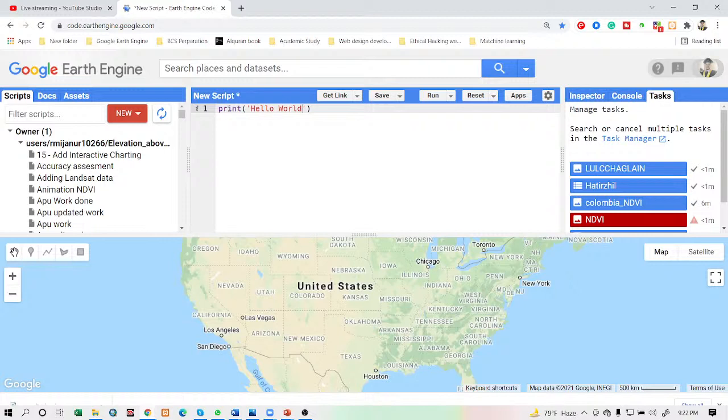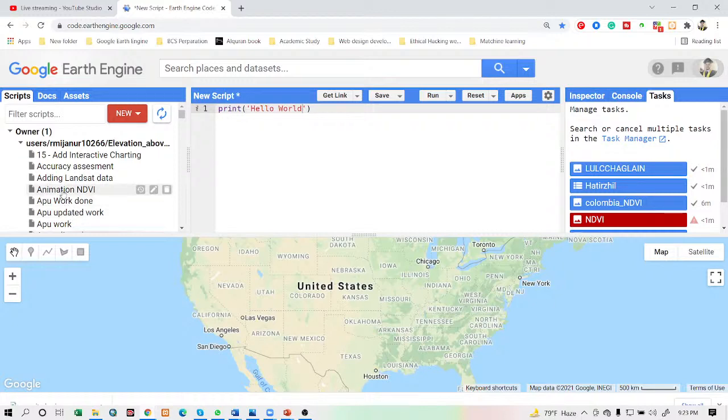Then you can see the left panel, where there are another 3 tabs. The first tab is the script tab, for managing your programming scripts, okay. This is the Git repository hosted at Google. When you work with any Google Earth Engine code and want to save it, this code will be saved under the script tab. So if you want, you can use this code the next time. You can simply save it under the script tab.